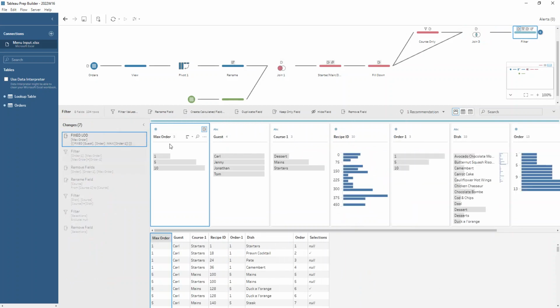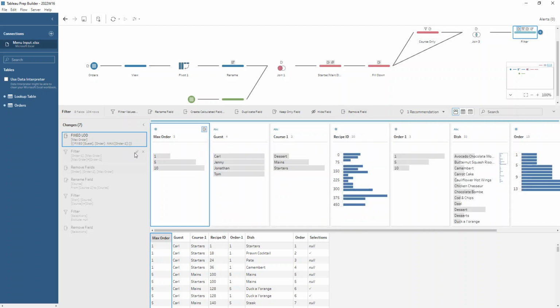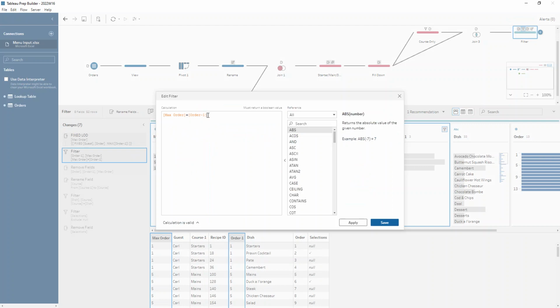So we do our max order here. We do a fixed level of detail calculation where we group by our guest and we group by the order that comes from this step. And we take the maximum order that comes from here, because what's happening where we've done that scaffolding is, say for example, our dessert is going to have both the mains and the starters as duplicated rows. We want to filter it so it should be just the dessert. Okay, so then we do that filtering where we say our max order is equal to our order minus 1,